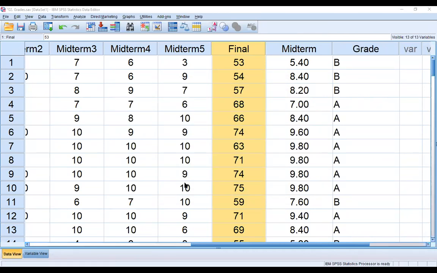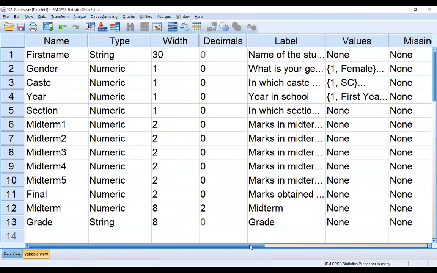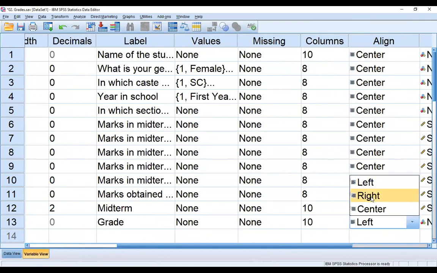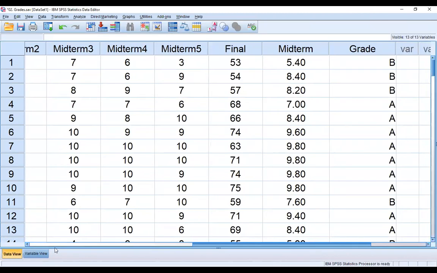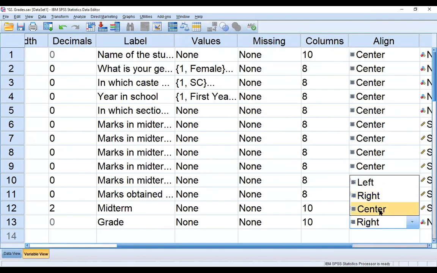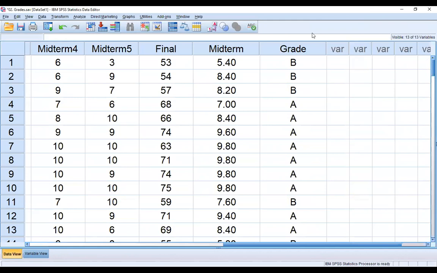So I am just sharing the output. This is the output. I think you can see. Is it visible? Now you can see the grades. It is on the left hand side, so I am taking it to the right. So data view. This is right, not right. I'm taking it to center. So you tick center and then data. Okay. So now you can see the grade.